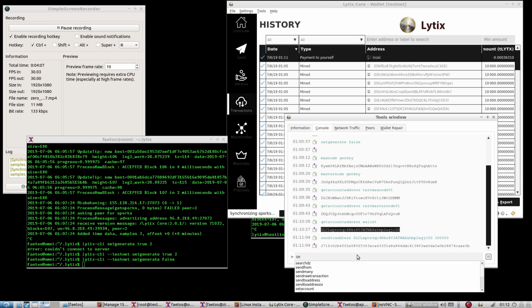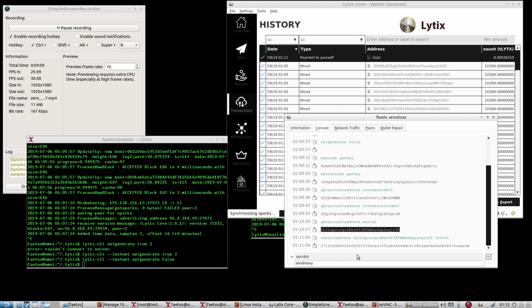So we're going to type in sendmany, and we're going to put in our wallet. Remember, I called it wallet, so I'm going to put it as wallet, and that has to be in quotes. Now the syntax is a little weird because you're working with JSON, so some characters need to be escaped for it to understand it. So we're going to type in this curly brace, and we're going to escape the